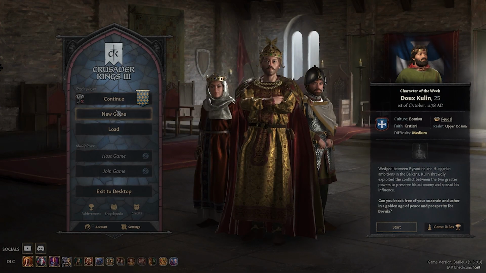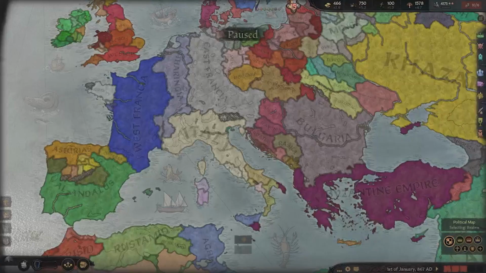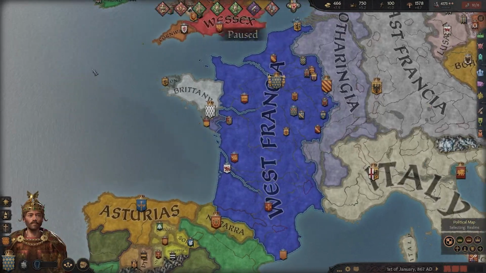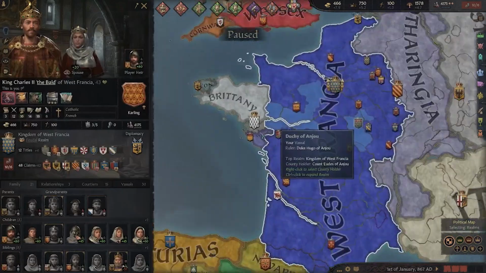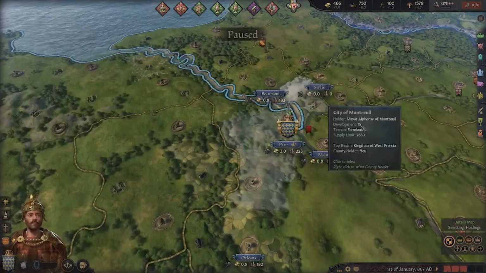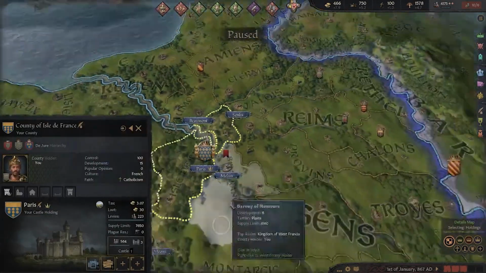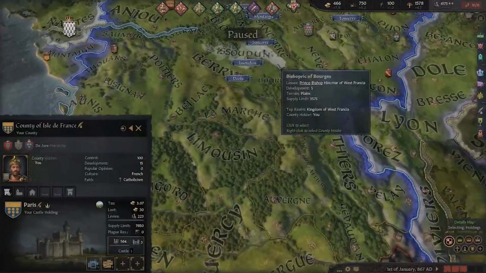Let me start by loading up a game I prepared before. It's a fresh start with King Charles the Bold of Francia. Right here, as you can see, I have my capital in Paris, but if I would have wanted, for example,